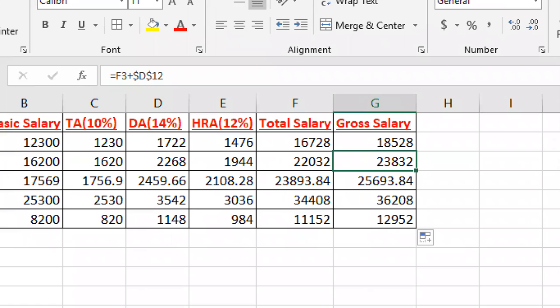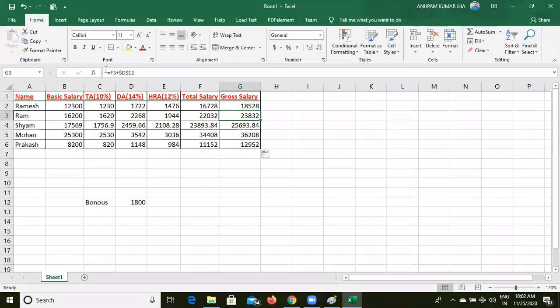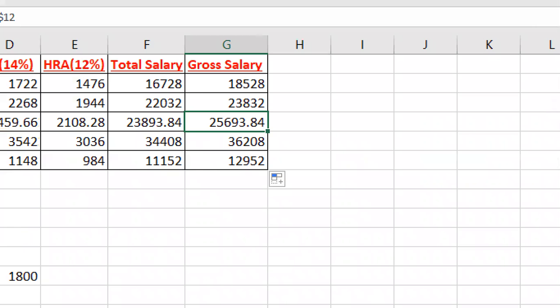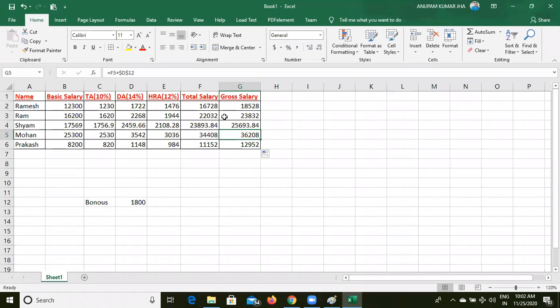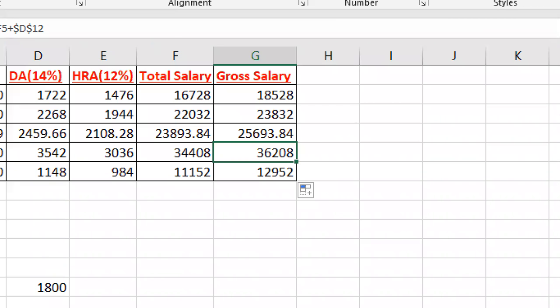F3 for the next person, and D12 means the bonus is the same, fixed. See next cell, yes, D12 again, the bonus is fixed. Here also D12, the bonus is fixed.